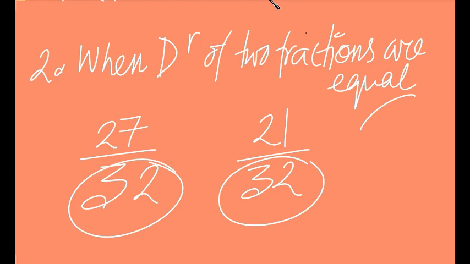So in this case, what you see, the denominators are same, and hence we can compare the numerators. So which is greater, 27 or 21? I have to ask this question too, and then you will think and then you will answer. Till now you should have answered it only. So 27 is greater than 21, and hence this fraction 27 by 32 is greater than 21 by 32. So that's quite easy, right? When the denominators are same, you can just compare it.